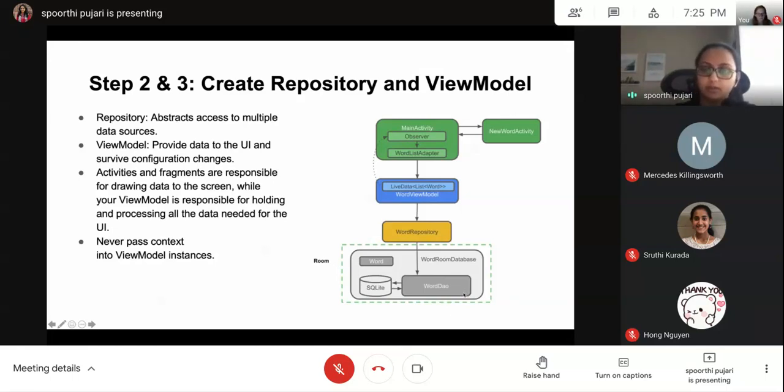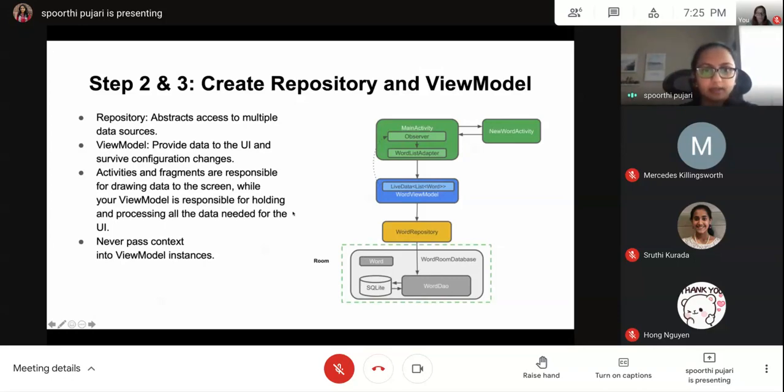Like say I want to get words from Wikipedia using Wikipedia's API, and I want to show that. So this word repository abstracts what my data source is. So my app doesn't know if my words are coming from a database or if they're coming from an API. And this is very easy to swap out as well. I can just swap this room database and instead put in an API. So that's what the repository does.